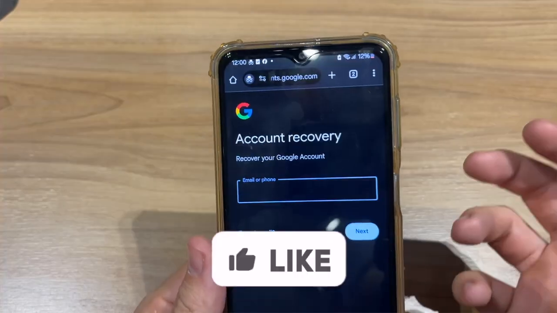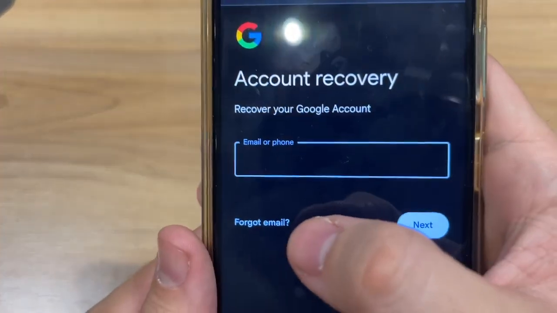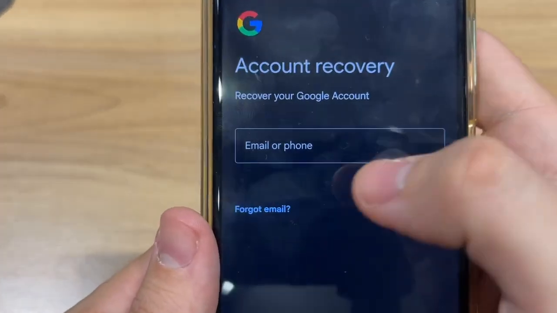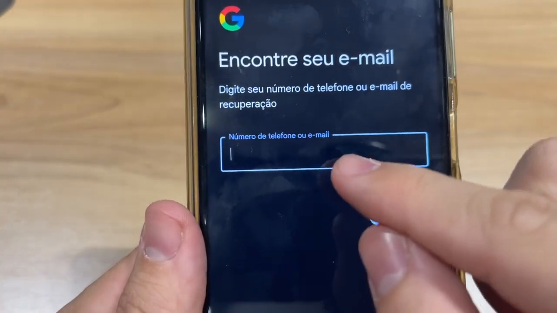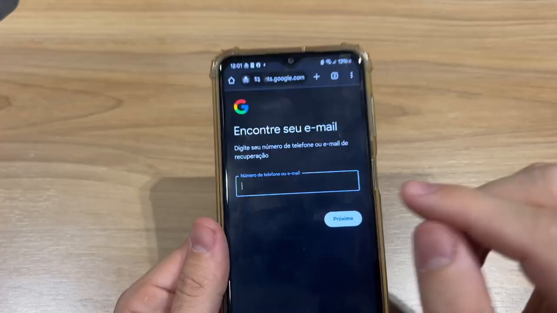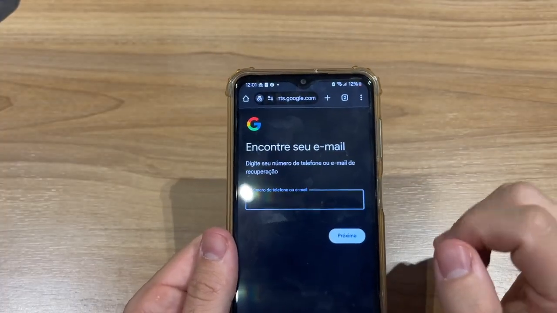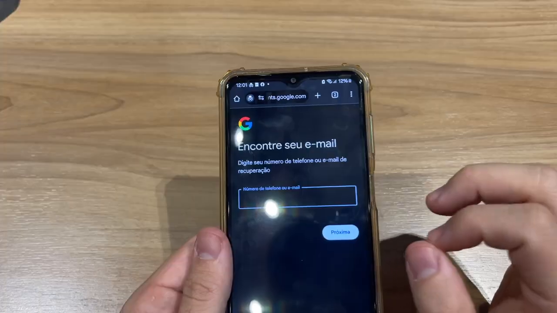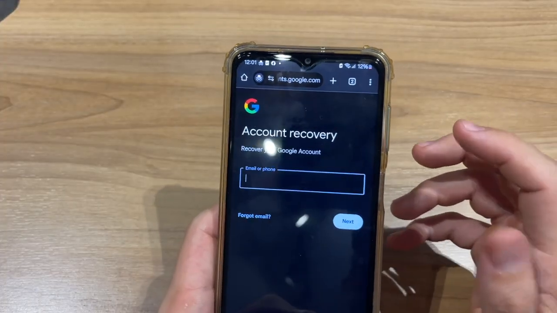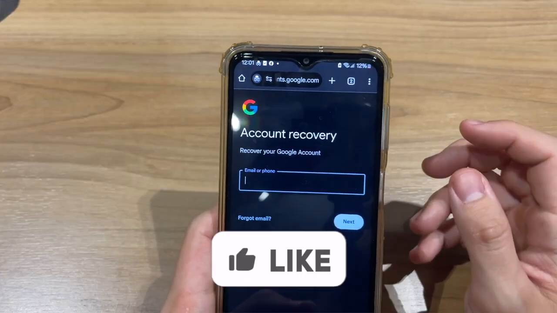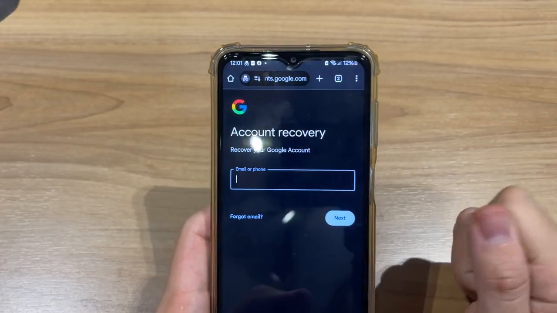If you do not remember your email, tap right here in forgot email, and it will change this page, and you just tap on your screen right here to look for your email, and after that your account will be recovered. The questions Google sends to you are different for each person, so pay attention when you are answering